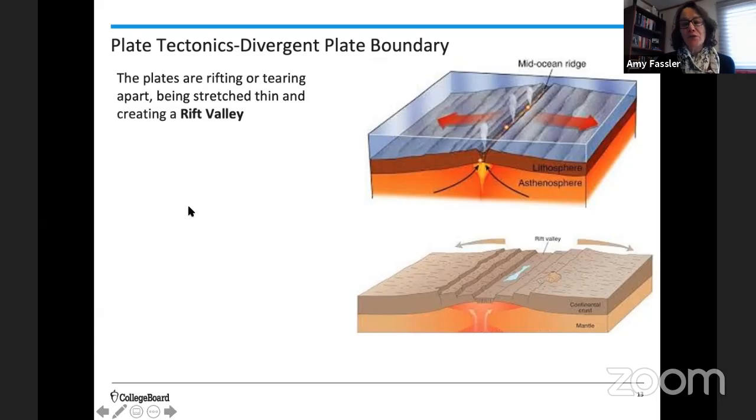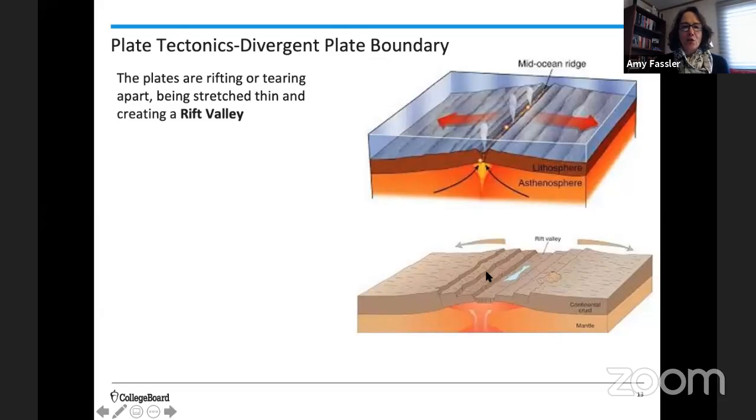And the first of those is a divergent plate boundary. I'm going to really try and keep it to the core, really big ideas that we need to take away from this, and show you how we could apply that to understanding or describing some larger environmental issue. So at a divergent plate boundary, plates are rifting or tearing apart and being stretched really thin, creating this